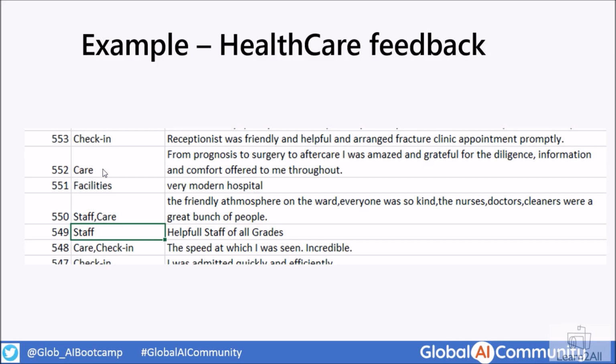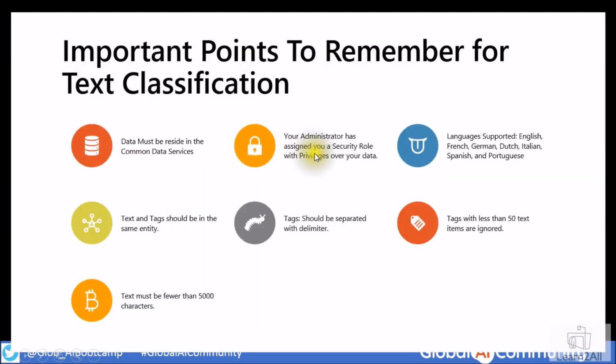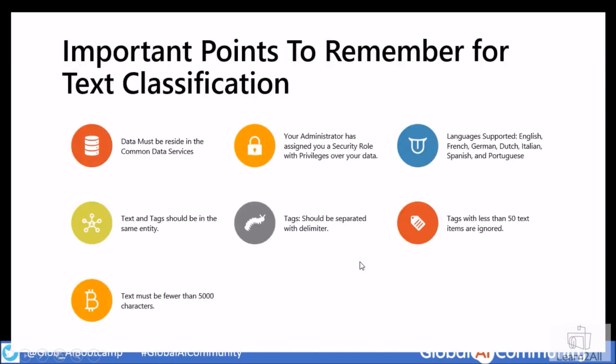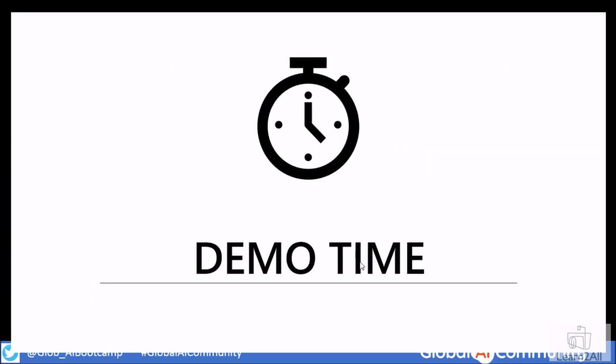So you must have at least 50 feedback for each individual tag. Text must be fewer than 5000 characters, which is recommended. So these are the few things that we need to consider before we proceed further with the text classification.